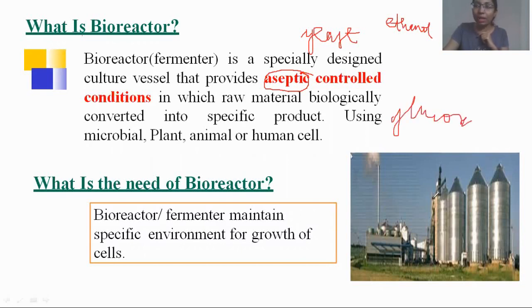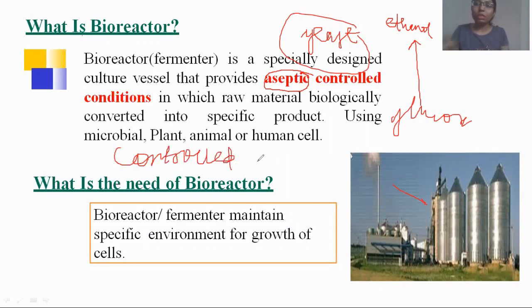So in these big bioreactors, under aseptic conditions, only that yeast strain will be working efficiently, producing bioethanol from glucose, and everything will be under controlled conditions. What do you understand by the words controlled conditions? That means the pH will be favorable for your yeast to grow. The temperature will be favorable for your yeast to grow, and many more such parameters will be there. Not only can you use microorganisms, but you can also use plant cells, animal cells or human cells for making any product.